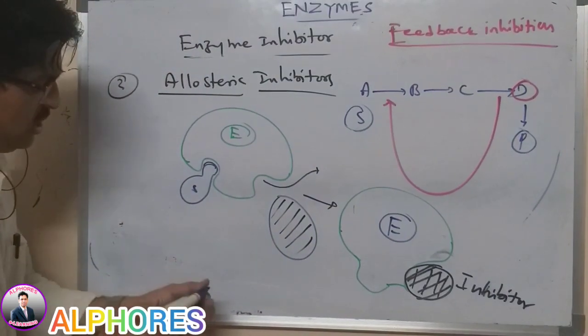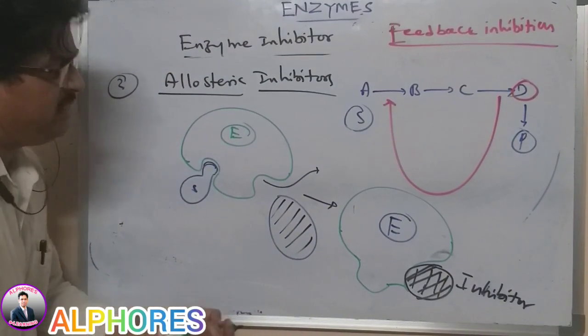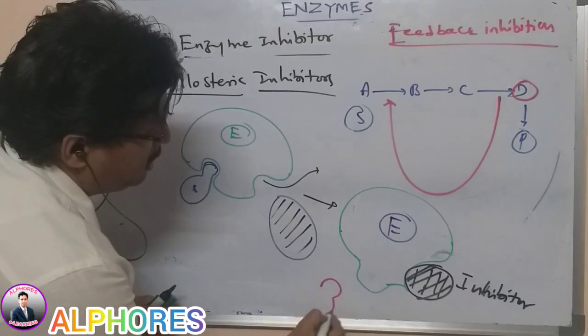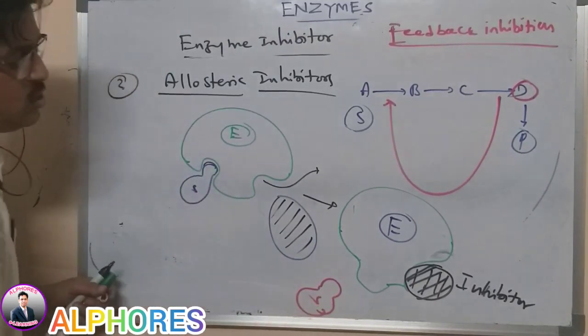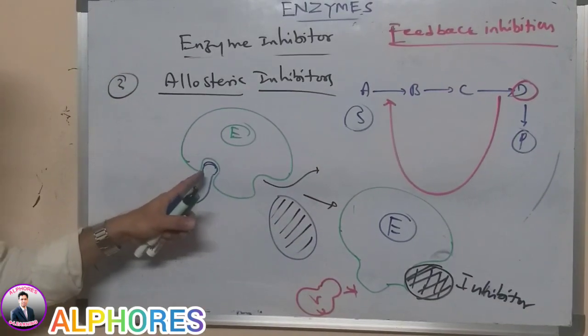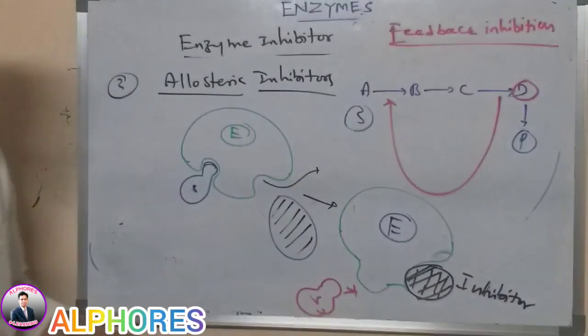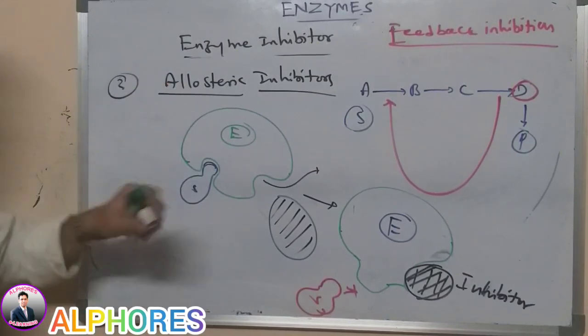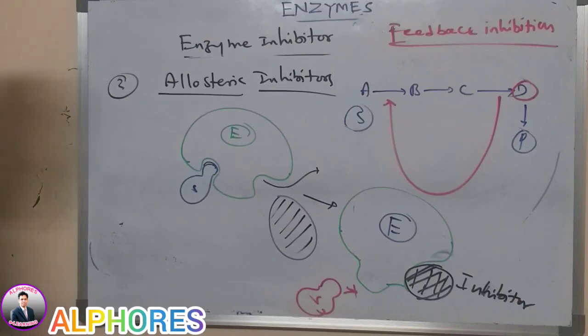As a result of that, you will find that in this case the substrate molecule is unable to fix there. They are left here like this. This is the substrate, unable to fix there because the places cannot be changed. So this is the mechanism we can see, and these are called allosteric inhibitors. There are several varieties in this case.